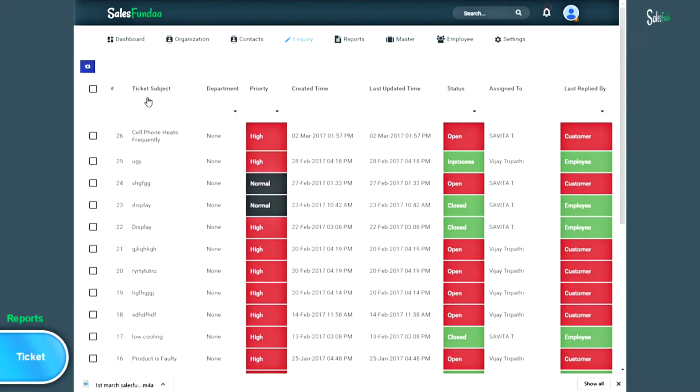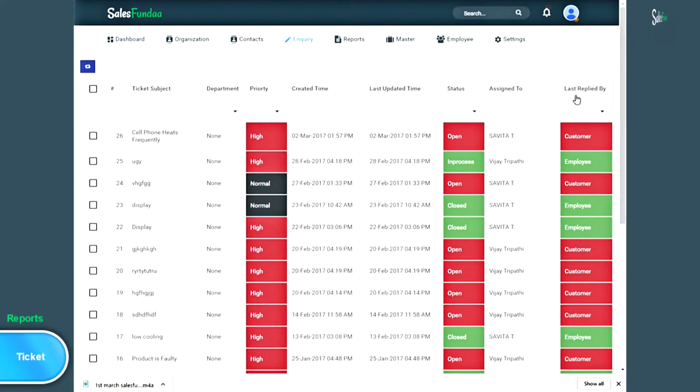You can see ticket subject, department, priority, created time, last updated time, status, assigned to, that is, who is handling this particular complaint, and last replied